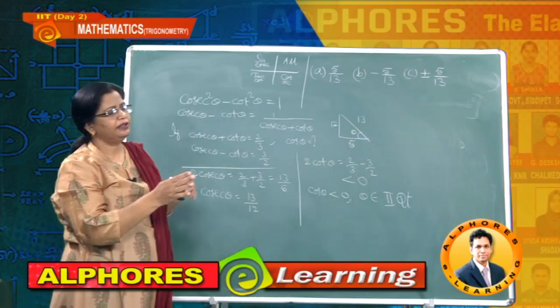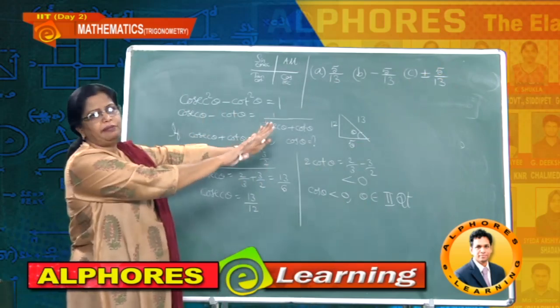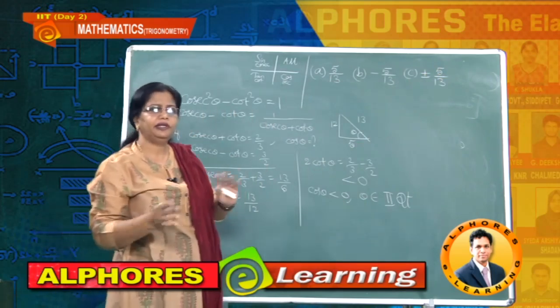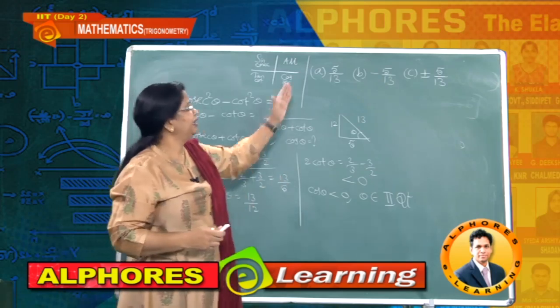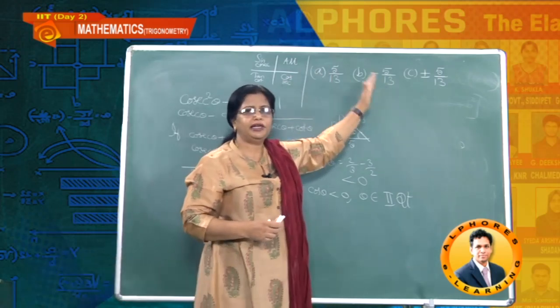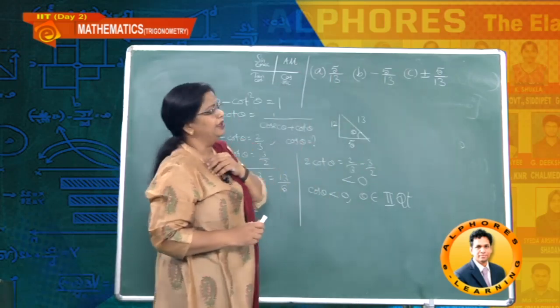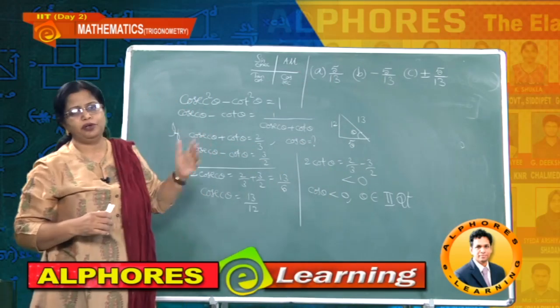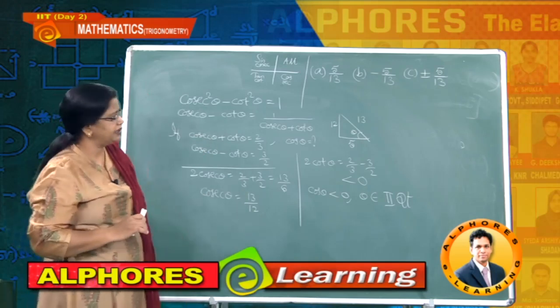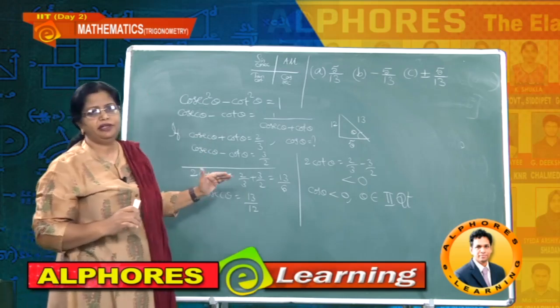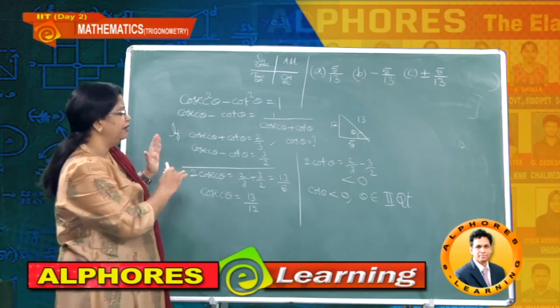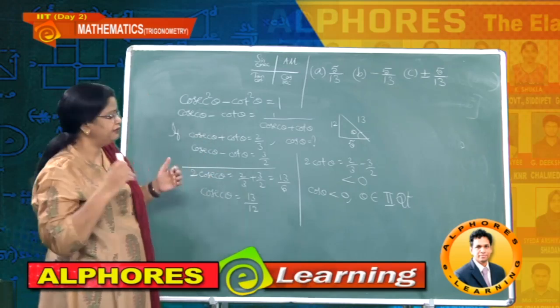See, everywhere they are using only two numbers. What are they? 5 and 13, that's it. One time they give plus, one time they give minus, then next they give plus or minus. So in this way they confuse with options in JEE Main and Advanced level. So you should be very careful and tackle the problem in a diligent way.